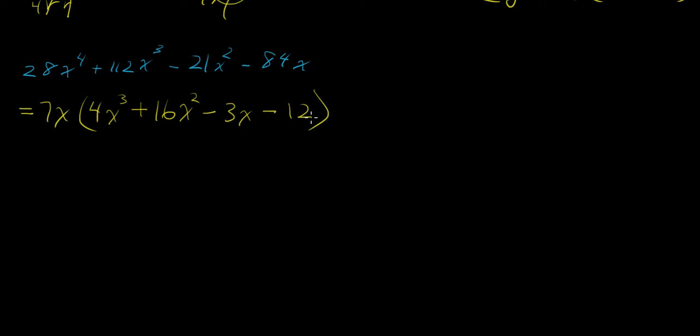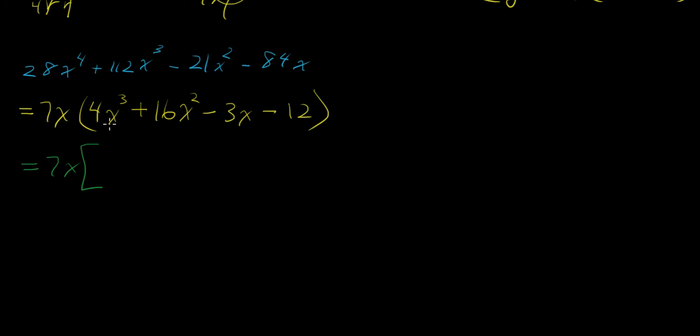Okay, why was that a good thing to do? Well, would you rather factor this by grouping or just what's in parentheses here by grouping? Well, I would much rather do this because everything's smaller and simpler. So now we're going to proceed with factoring by grouping. This 7x is still going to have to be here, but we're done with it. But now I need to break this up. I need to factor it by grouping. So I'm going to use square brackets here,